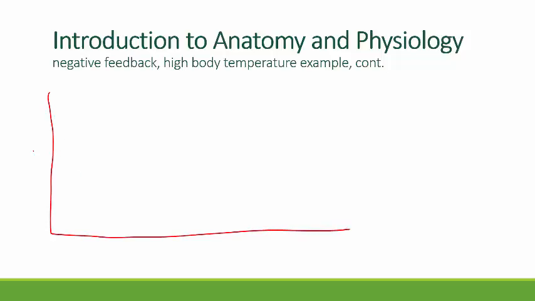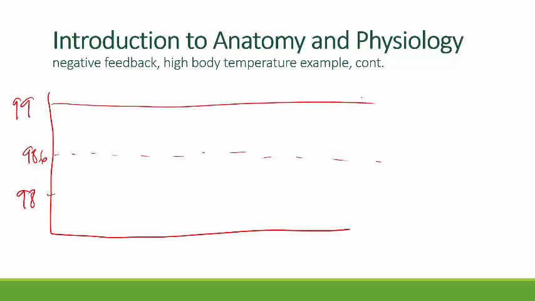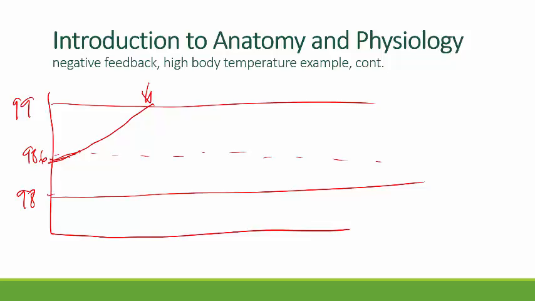So if 98.6 is our set point, and we're going to assume that 98 is kind of the lower tolerance and 99 is the upper tolerance. So these are the boundaries. Here we are, cruising along at 98.6. We get all changed into our clothes for going outside on this hot summer day and begin mowing the yard, and whoo-hoo-hoo, boy do we ever heat up. At the point where we exceed tolerance here, then